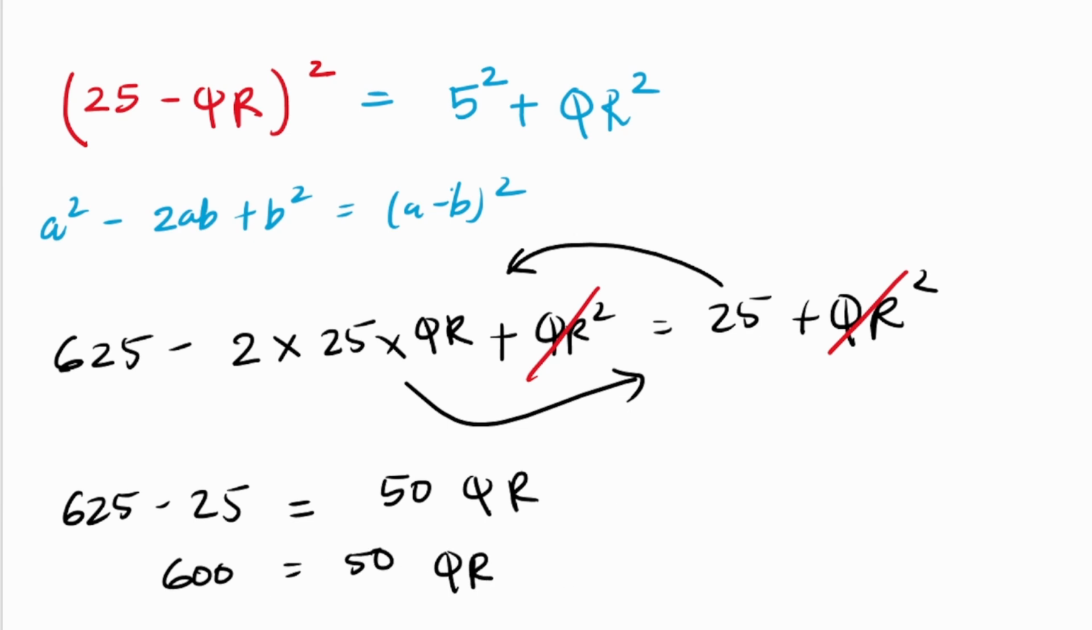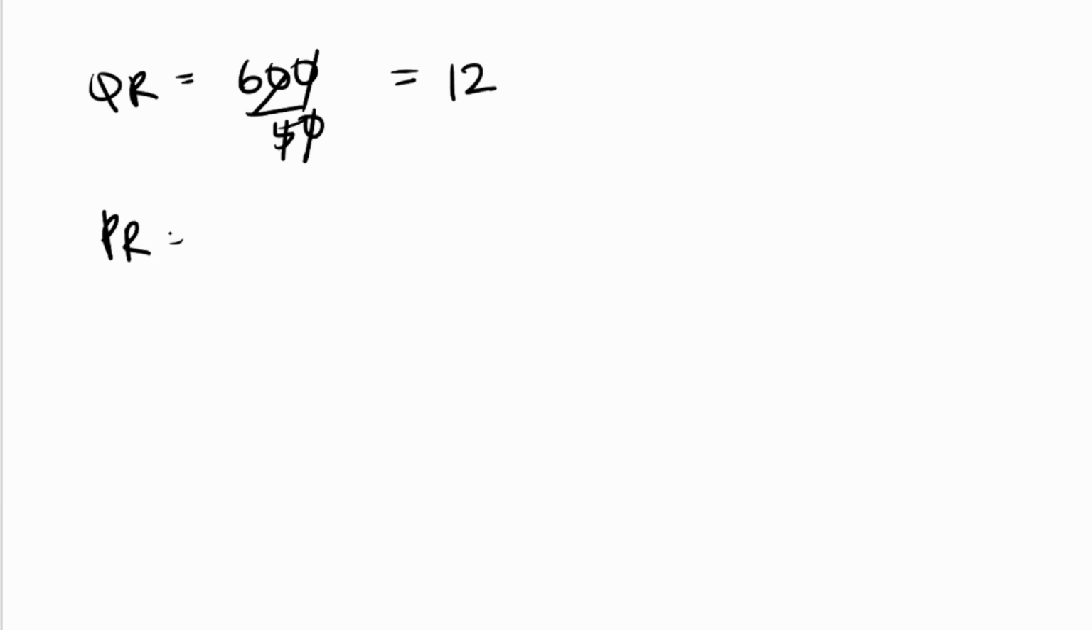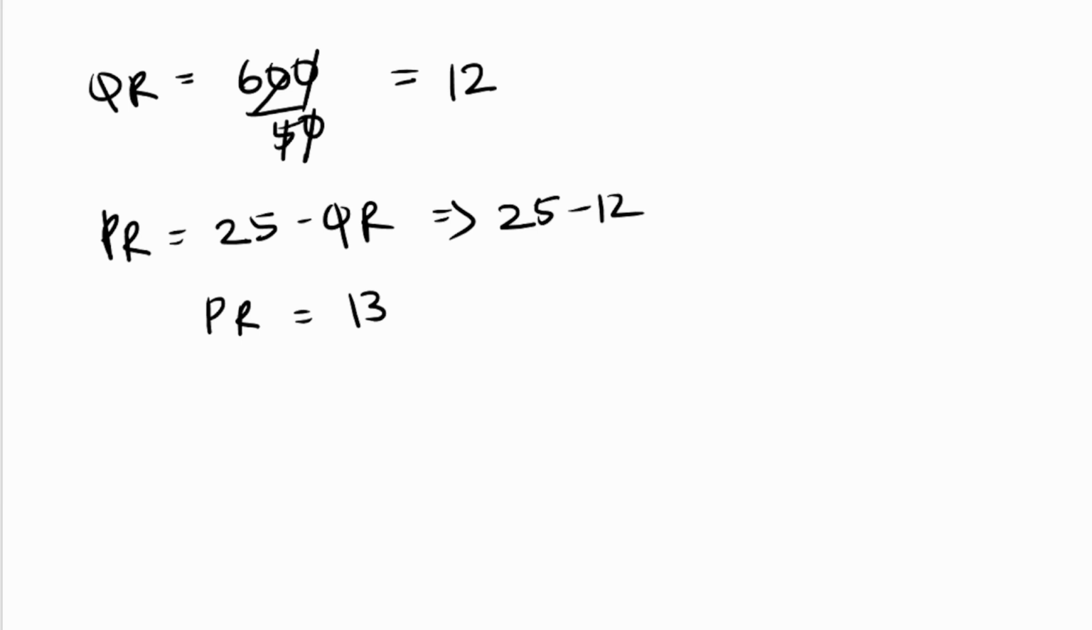Right. So this implies QR equal to 600 divided by 50. When you cancel this out, 60 divided by 5 is 12. You will get the answer as QR is 12. And the value of PR is nothing but 25 minus QR, right? So it simplifies to 25 minus 12. PR is nothing but 13. Now you need to find the value of sine P,